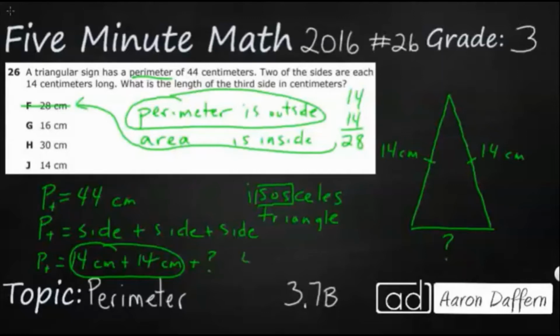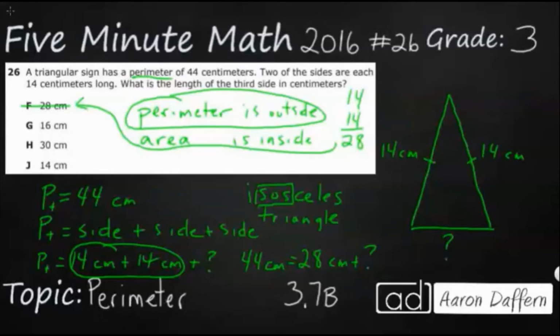So let me see if I can rewrite our equation here. 44 centimeters, that's our perimeter, equals 28 centimeters plus our missing side there. So what we can do is count up. We can start at 28 and count up to 44. That would work. Or we can use a subtraction sentence. Because if we know,